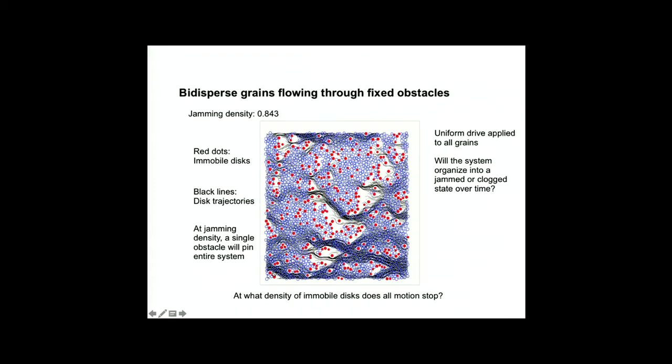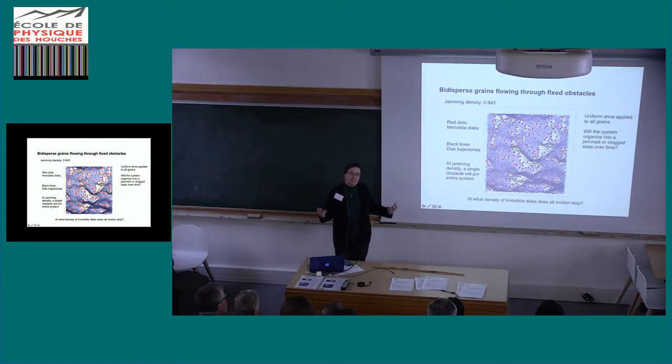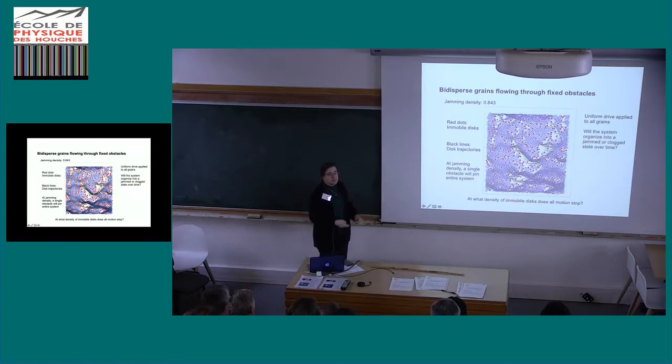Now, what got us interested is this idea that if there's really a diverging length scale, I can think about having an obstacle instead of a driven grain. So if I change my reference frame, I can think about putting a post and trying to flow all my grains past it instead of pulling one grain through. And that's actually exactly the same in my simulation. I just changed how I'm interpreting my result. But if you think about it that way, then I can say, well, what if I put multiple posts down? When the average spacing between those posts is the same as this diverging length scale, you would think that I should be able to jam the packing early. So I should be able to depress the jamming transition in a way that depends on this diverging length scale.